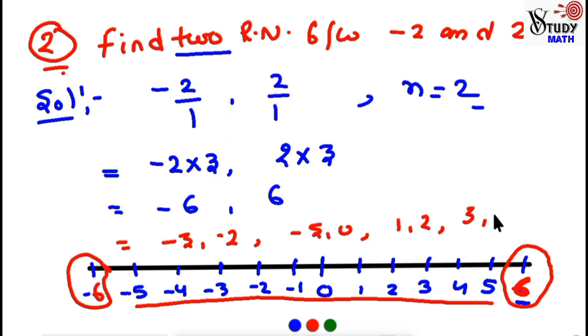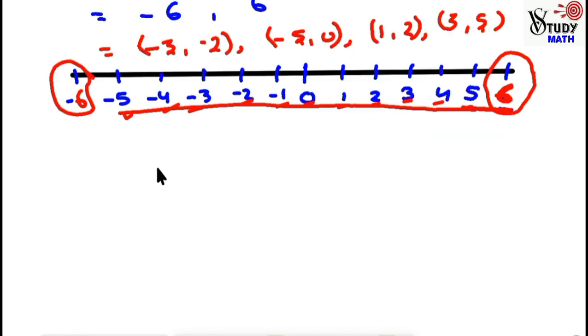So these pairs of two rational numbers will be the answer of this question, because you can see how many numbers there are: 1, 2, 3, 4, 5, 6, 7, 8, 9, 10, 11. These 11 numbers are seen here, but infinitely many numbers may lie here. Between any two numbers there are infinite numbers. Between 5 and 6 there are infinite numbers. So this is the solution of problem number 2. You also have to draw this number line in the solution.